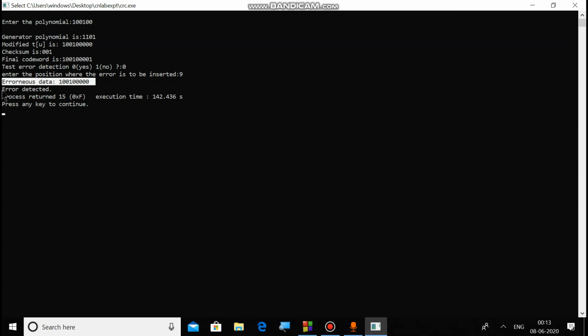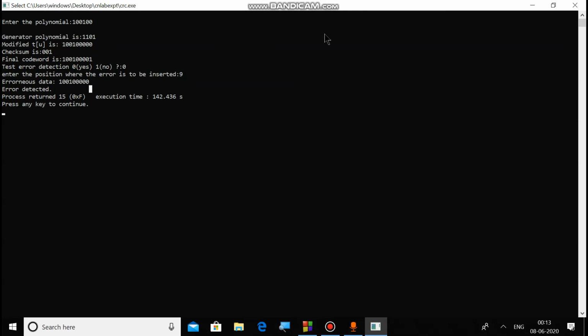So the receiver detects the error. So this message will be rejected by the receiver and it can ask for retransmission.